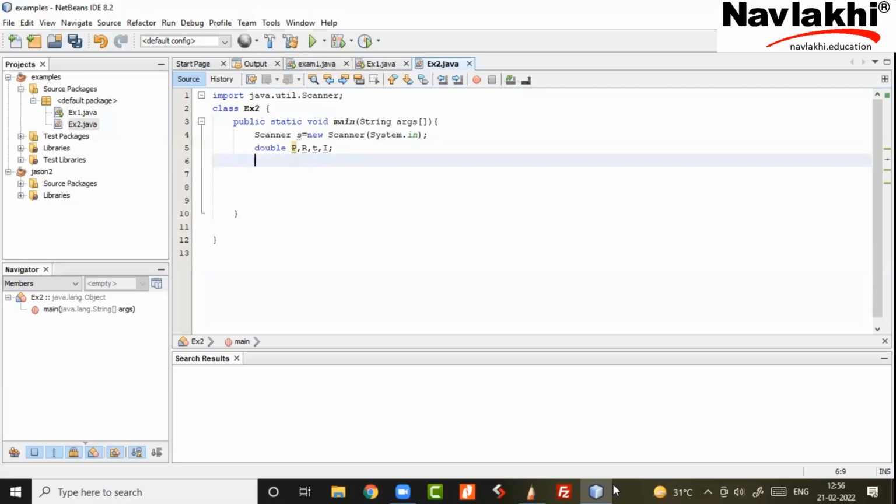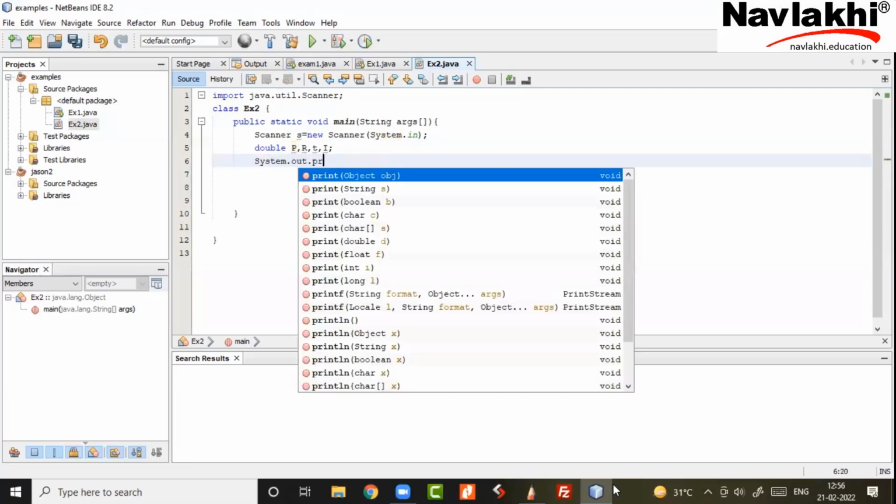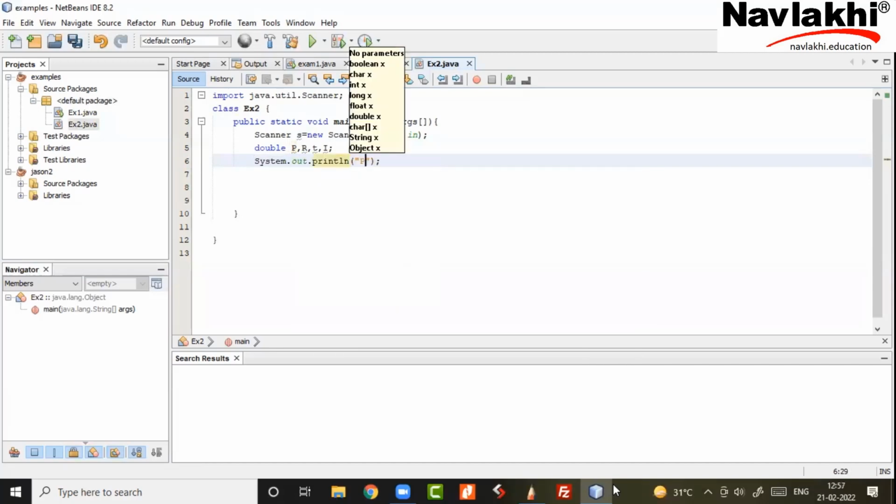Anyway, so we are looking at double PTR. Then obviously I'll ask my client to enter. I have to instruct my client because they won't know. So I can say, please enter. Sir, ln means we have to go to the next line, right? After completing this line, next line. Reading this line and then going to the next line. Correct. And if we don't print ln, then the next thing will continue on the same line. Oh, okay, got it.